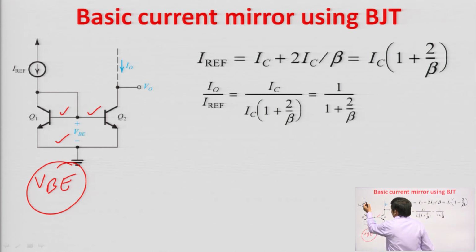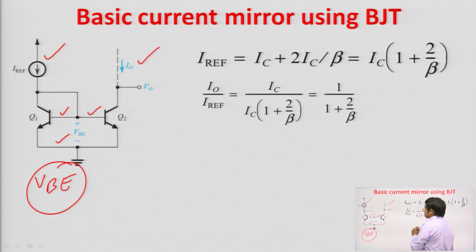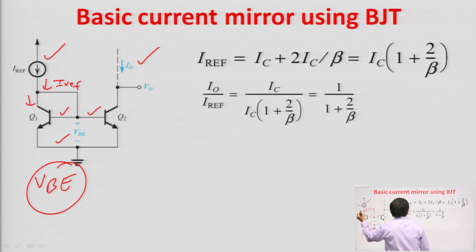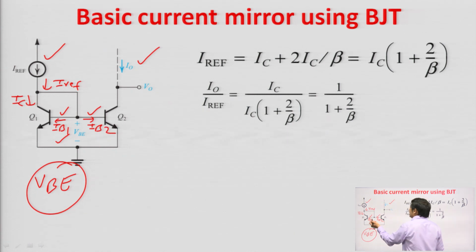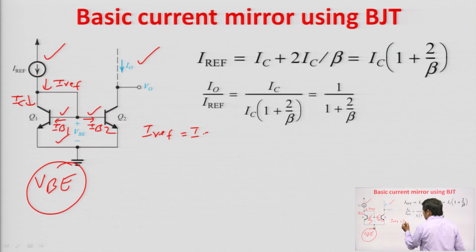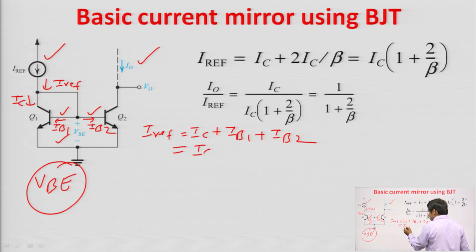Now see, this I reference is the input current, I naught is the output current. We can find out the relation between the input current and output current. From here we can see that this is I reference current and let us say this is IC. So, this I reference will be divided into two parts, one is the base current of Q1 and another one is the base current of Q2, IB1 and IB2. So, we can write I reference is equal to IC plus IB1 plus IB2,